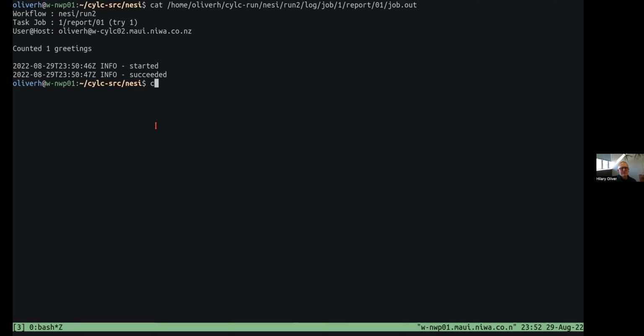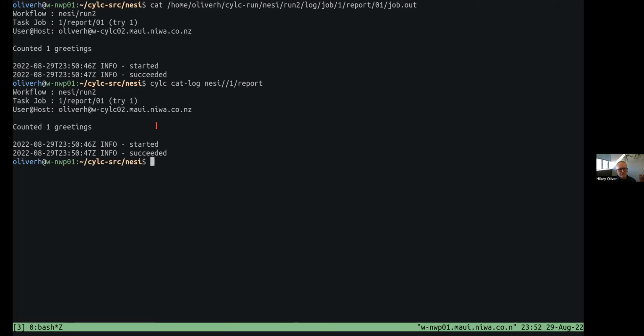Or you can use the Cylc cat-log command, NeSI 1/report. So you don't need to remember where the file is located. Or you can use Cylc Review, which is a web-based log reviewer, which I'm not going to demo today because I'll run out of time. Now, I'm just going to copy in a modified, scaled-up version of...